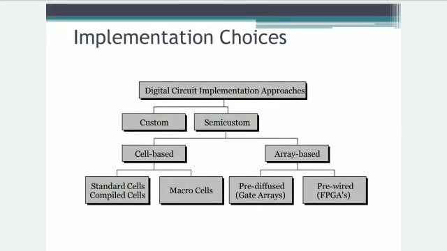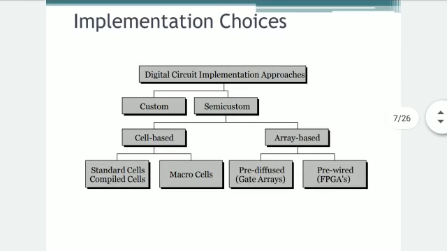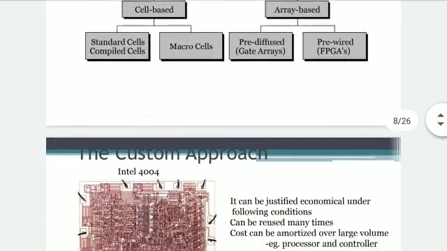The whole digital circuit implementation approach has been divided into two broad categories: full custom, semi-custom. In semi-custom, we have once again divided into subdivisions. We will go for full custom design only if you want to make a drastic change in the available design strategies which are available. So full custom will start from the scratch. Everything will be designed by the designer.